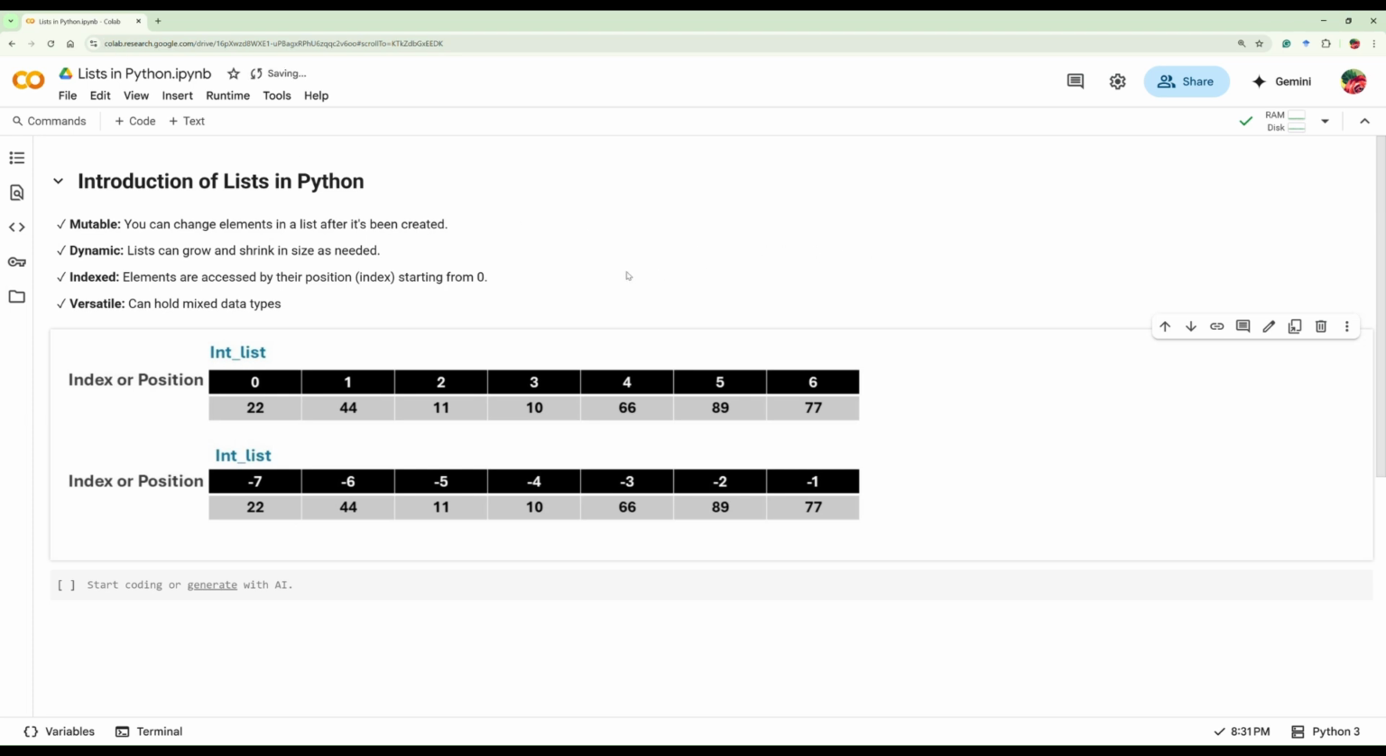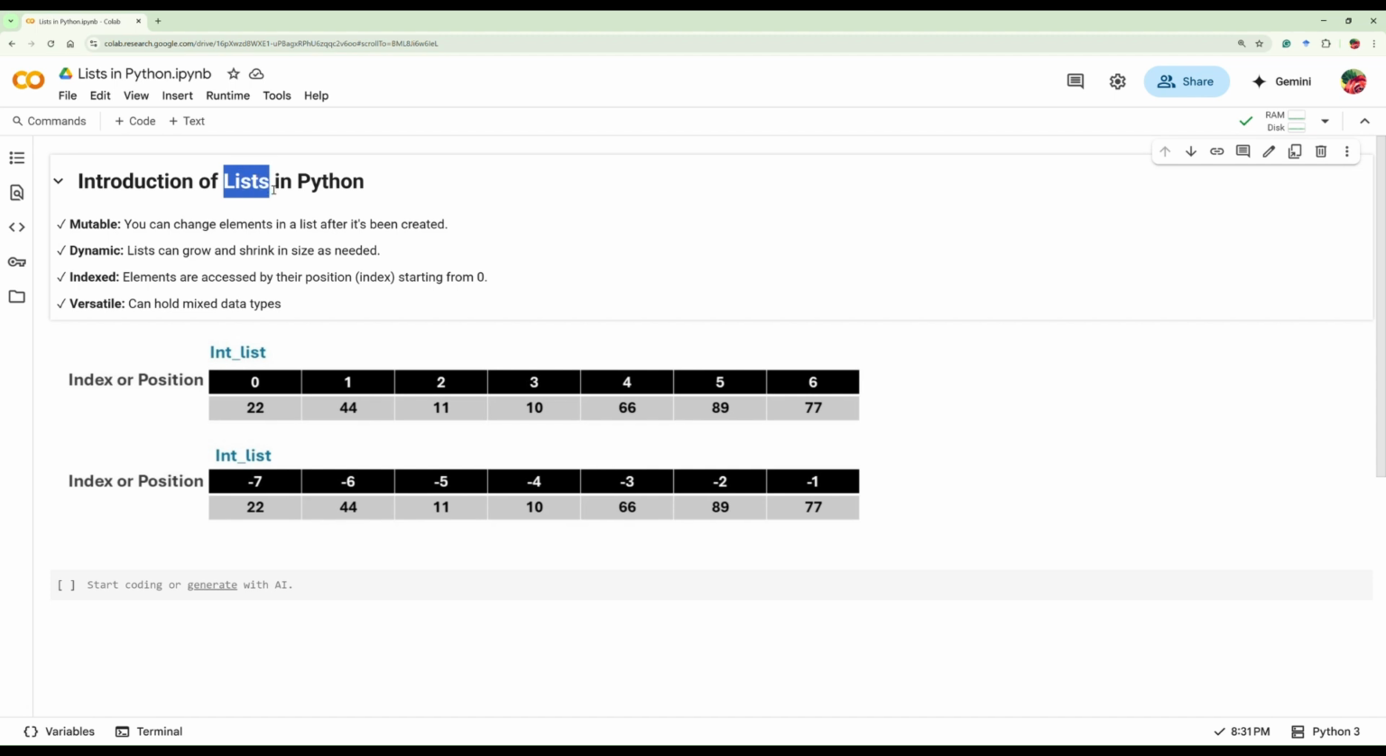Hello everyone. Let's have a look over list data structures, which are examples of non-primitive data structures. They are linear data structures in the Python programming language. Lists are mutable because you can change the elements in a list after it's been created. They are dynamic because they can grow and shrink in size as needed, and elements are accessed by their position